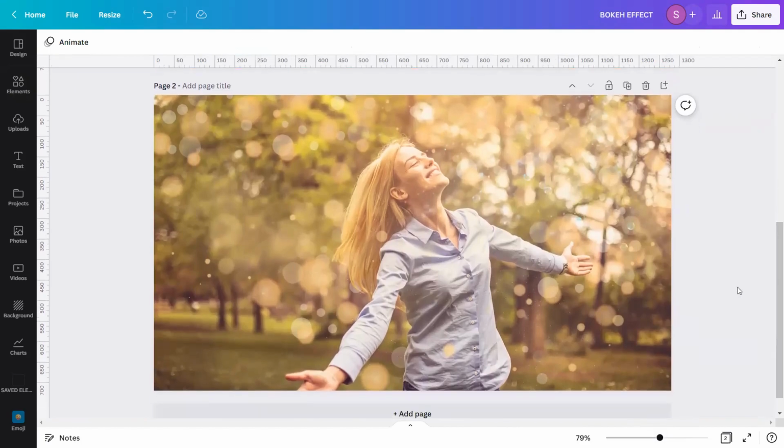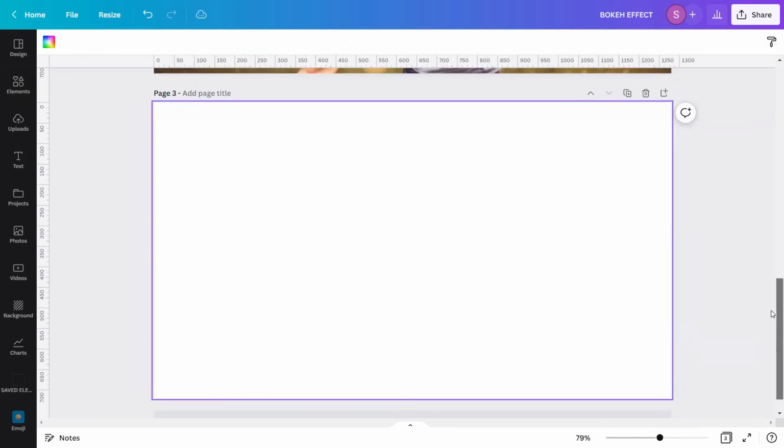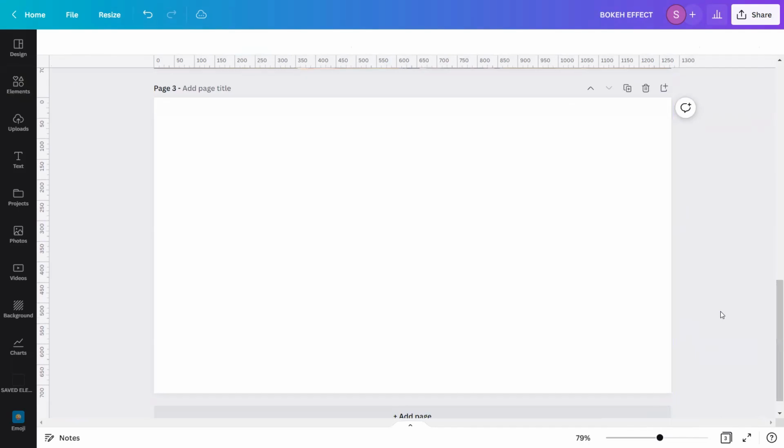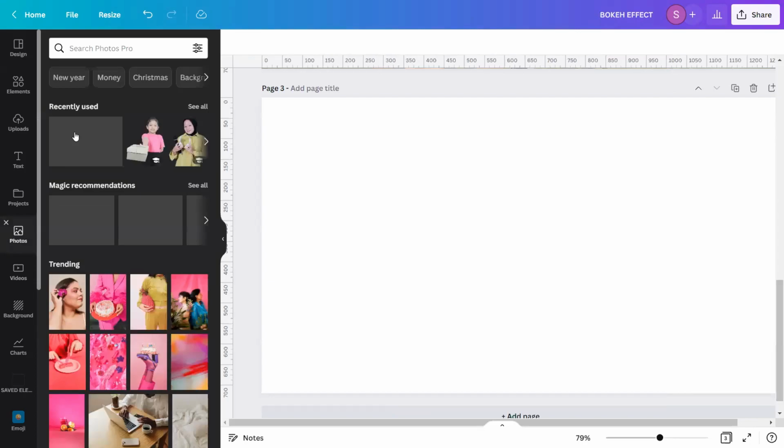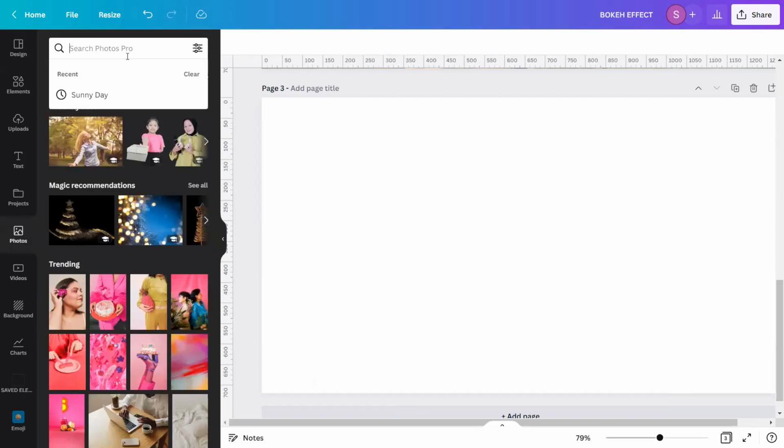We are now done with our first example. Let's try another one. So let's add a new page. And this one is different because it is in the night scene. In addition, we will use different colors of bouquet elements here. So let's go again to photos. Type in the search bar the keyword